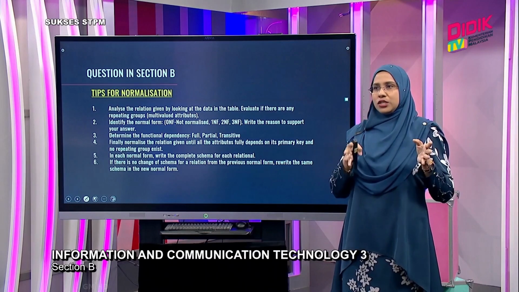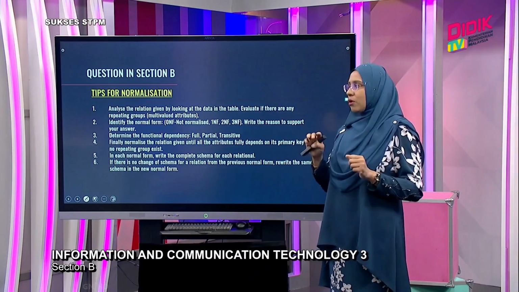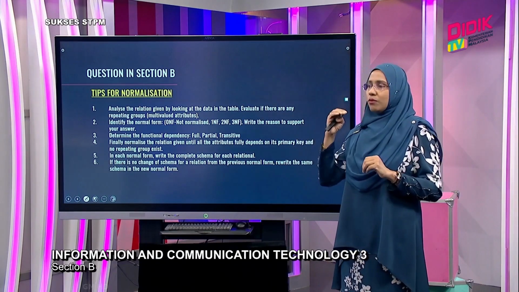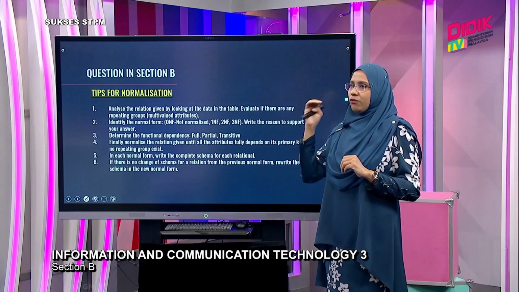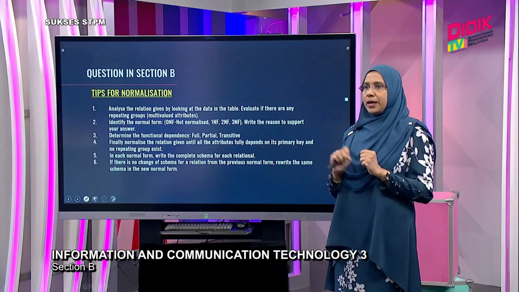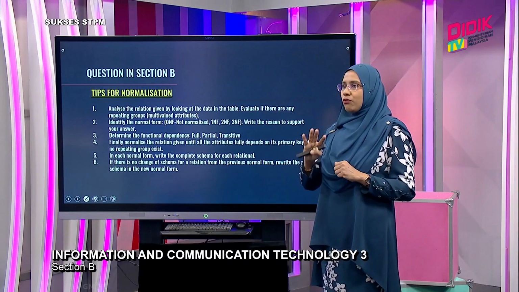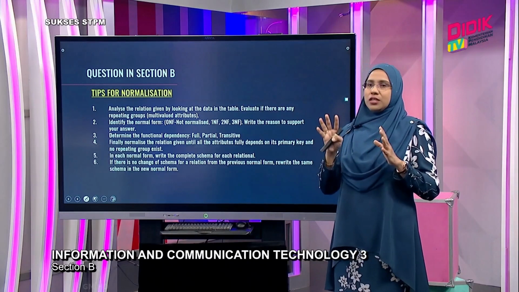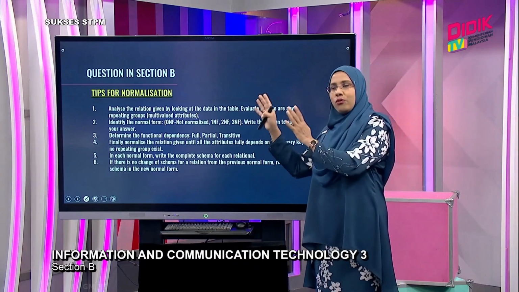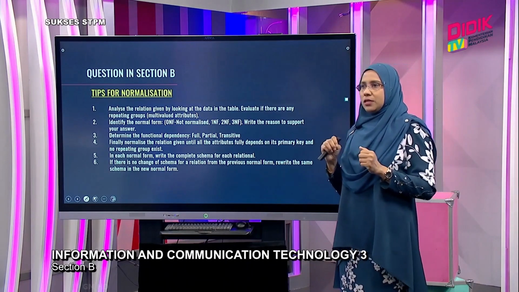If the relation is not normalized yet, we call it zero normal form, or it could be in first normal form, second normal form, or third normal form. Because each normal form has conditions, if the relation fulfills that condition, then you say, this relation is in second normal form because of that condition. And then the third step, determine the functional dependency. There are three types of dependency: full, partial, and transitive. Functional dependency means you write the primary key, followed by an arrow, followed by the attribute. And then step number 4, normalize